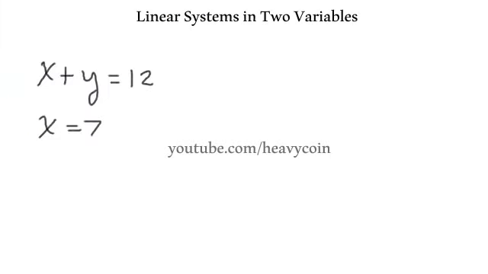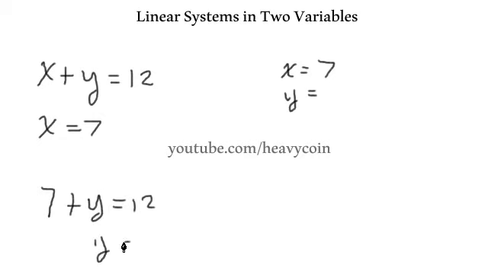Okay, so we've gone to the whiteboard. I've got my system written out right here, and what we're going to want to do is solve for x and solve for y. Well, look here, x is equal to 7, so that was given to us, so that's nice. Now we want to take this 7 and go up to this equation here, plug it in for x, so we have 7 plus y is equal to 12, and then we just solve this linear equation